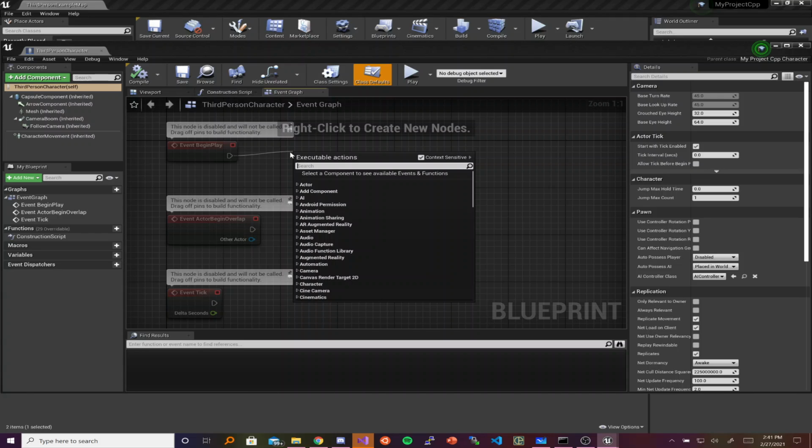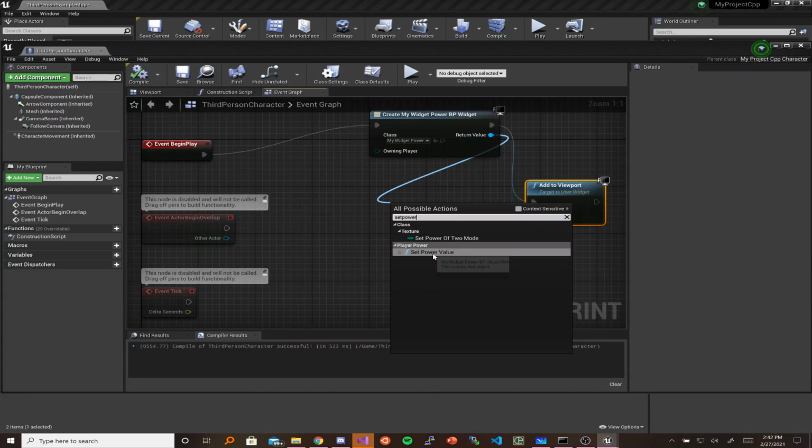So we're going to say set power. This isn't the way we'll eventually want to do it, but we're going to set it to 0.5 right here. So we go to set power value, set it to 0.5 immediately,